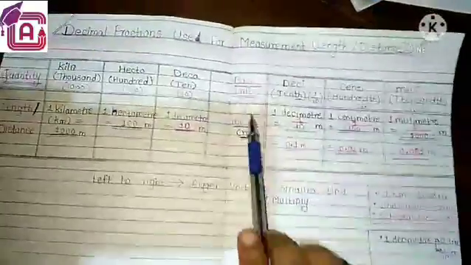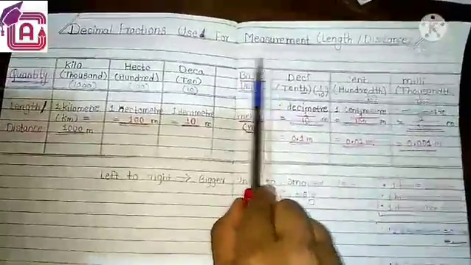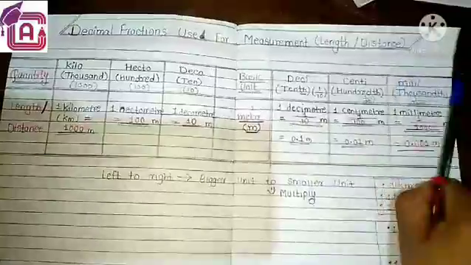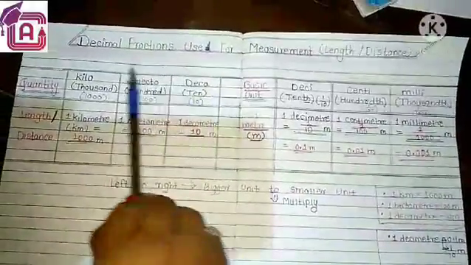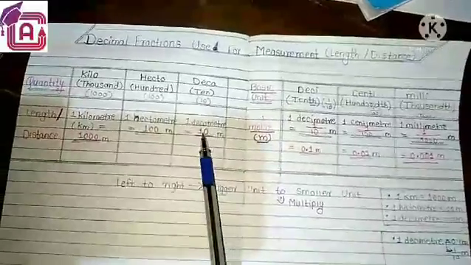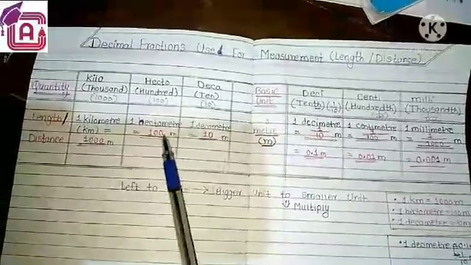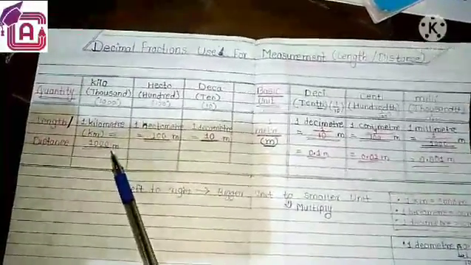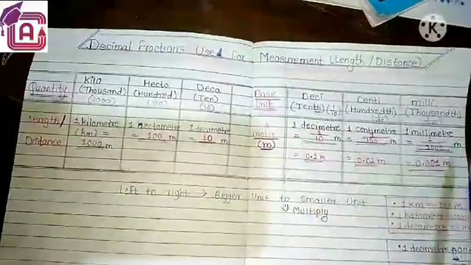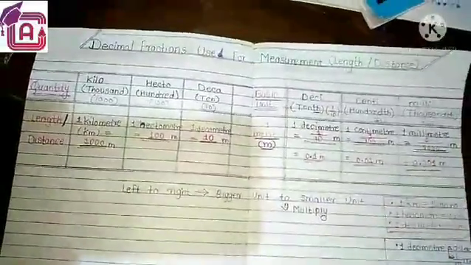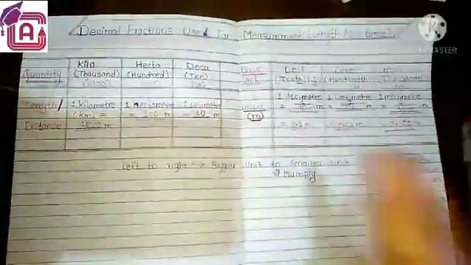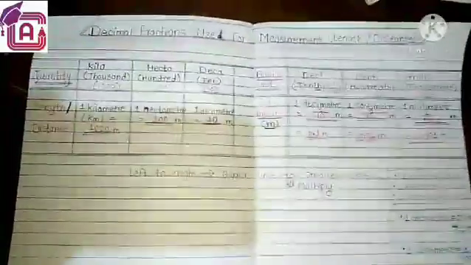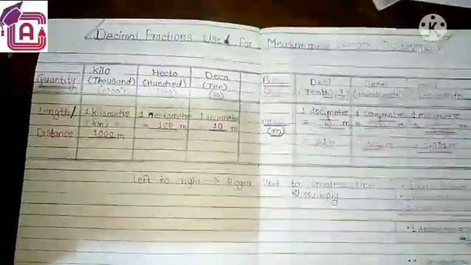Look at the table. I am showing a complete table to you. This is the reference point, meter, and to the right of the meter we are performing the division operation, and when we are going to the left side we are using multiplication. 10 tens are 100, 100 tens are 1000. Same multiplication is there, 10, 100, 1000, but at the division place. So in this way, all these units are related to the meter.